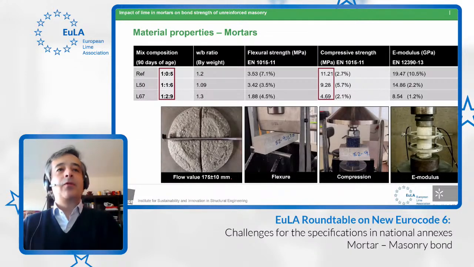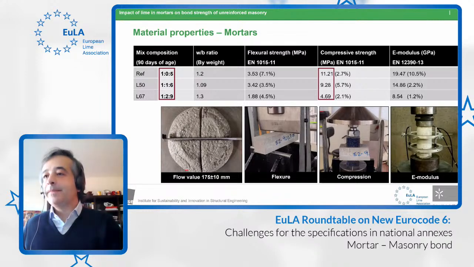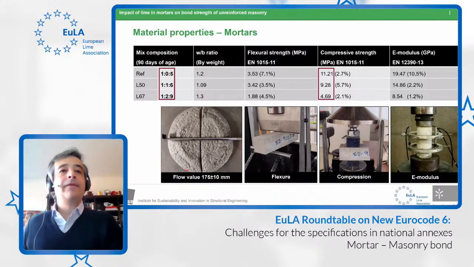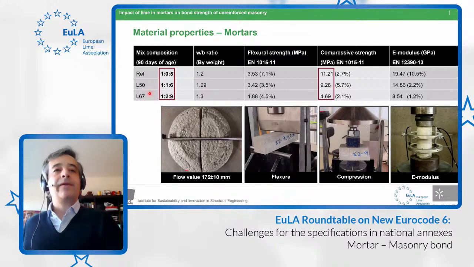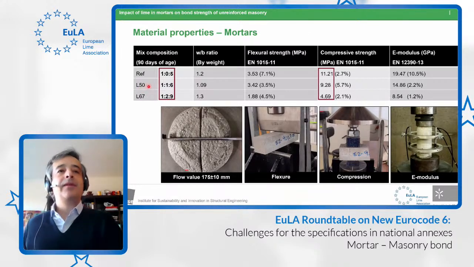These 3 mortars comprise the first one, which is the reference mortar, made only of cement and sand; the second mortar made of cement, lime, and sand; and the third one as well. So the L50 has 50% of lime in the mortar, and the L67 has 67% of lime in the mortar. So the 2 mortars containing lime